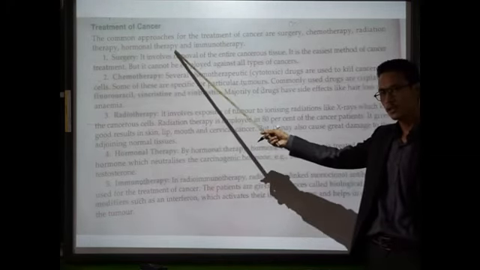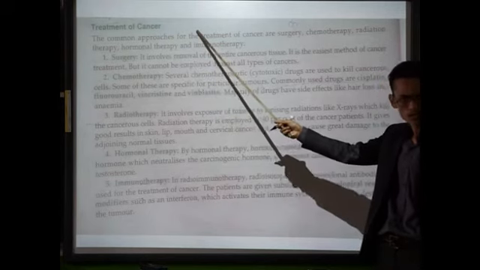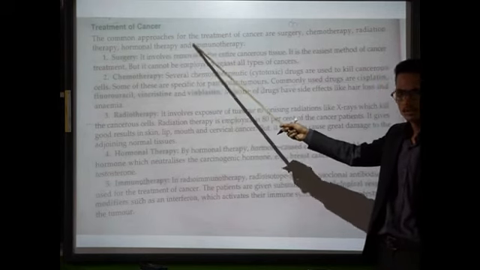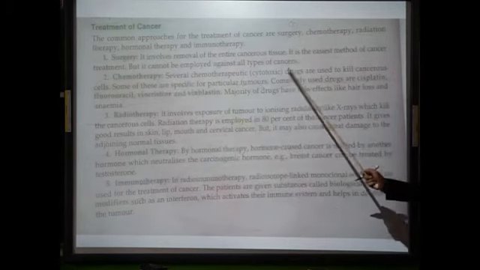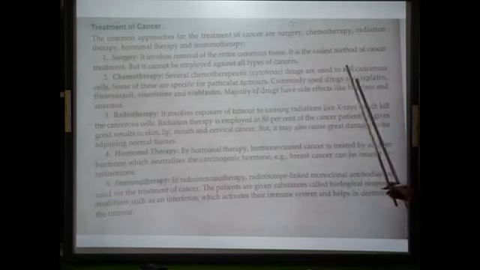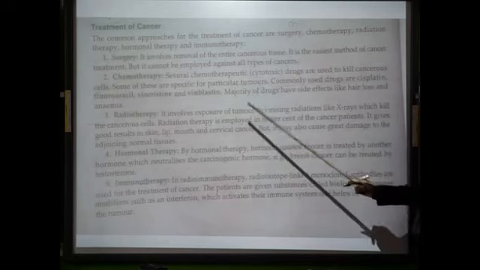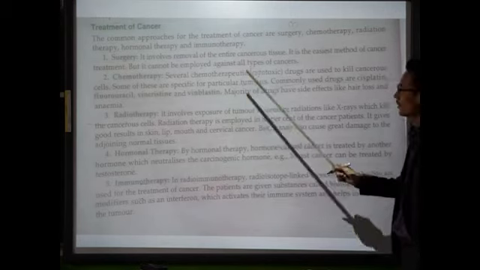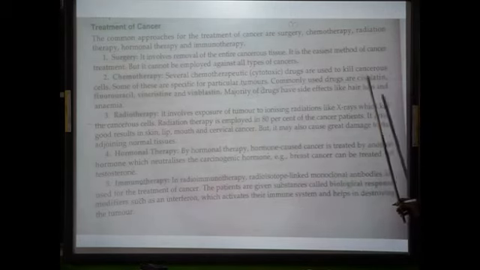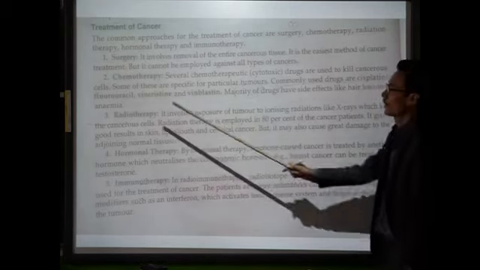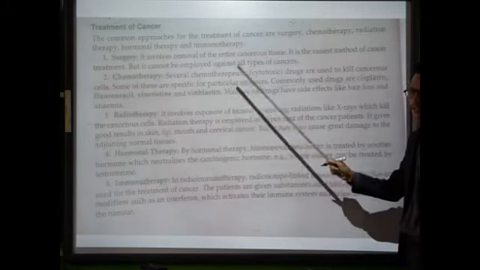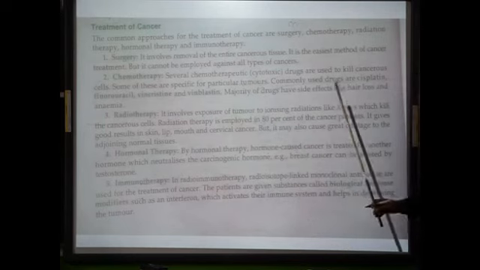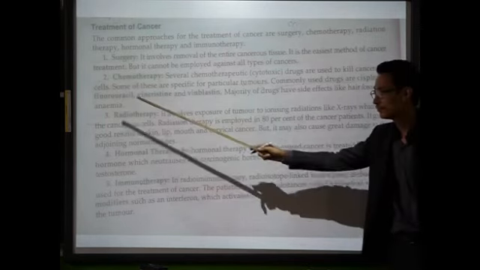So we can go for surgery, we can remove those infected tissues, but after the surgery is done, we have to go for chemotherapy, where we give different types of cytotoxic drugs which will kill the infected cells, the cancerous cells. Most of the chemotherapy drugs used are cisplatin, fluorouracil, vincristine, and vinblastine. But the majority of these drugs have side effects like hair loss and anemia.